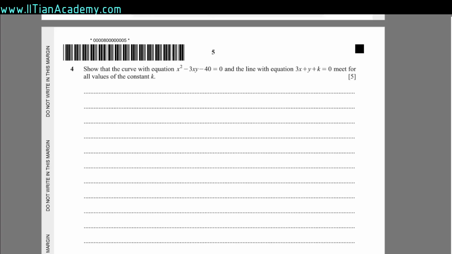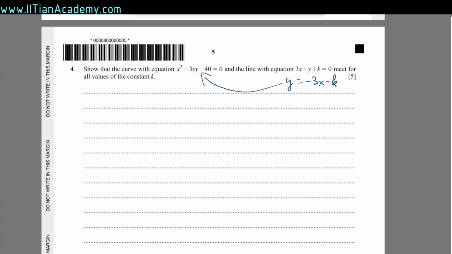So in question 4, we're asked to show that these two curves of the equation always meet for all values of k. So what we can do simply is rearrange this second equation in terms of y only, so we can solve for y, and say that this will be minus 3x minus k. And what we can do is plug this into this y, basically making the two equal,